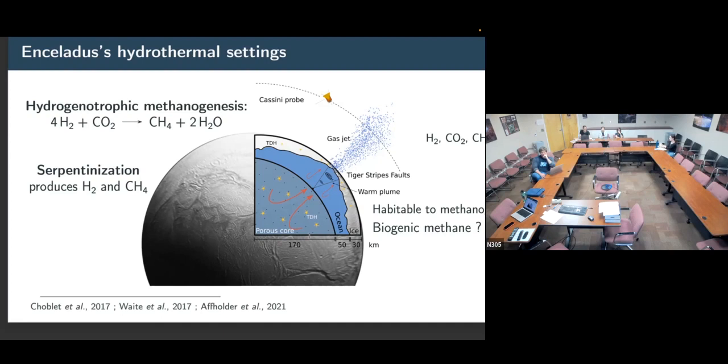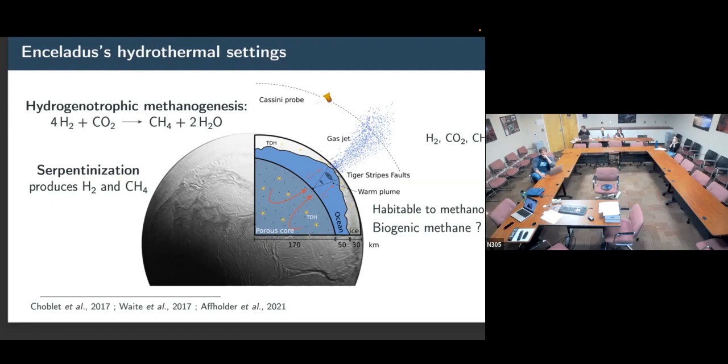And in those plumes, the Cassini probe found interesting molecules, mainly dihydrogen, carbon dioxide, and methane. And dihydrogen and methane are typically evocative of not only hydrothermal circulation as a physical process, but also the chemistry that goes with it: the alteration of rocks, of minerals in the seafloor, that is summarized in a set of reactions that we call serpentinization, that produces H2 and methane to some extent.